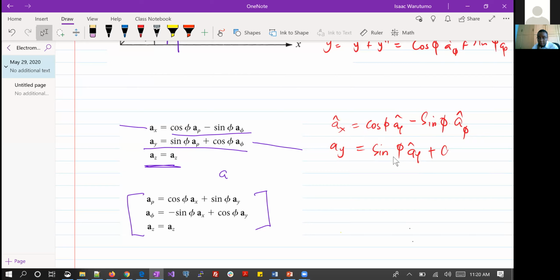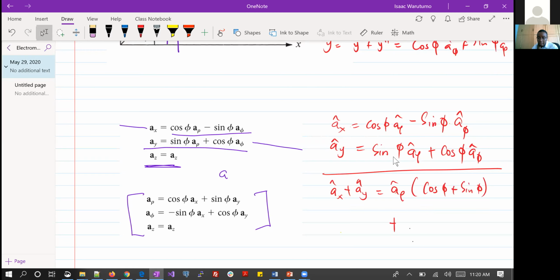plus cos phi A phi. So if you just add these components, you're going to have AX plus AY is equal to A rho bracket cos phi plus sine phi, plus A phi bracket cos phi minus sine phi, and further manipulation by